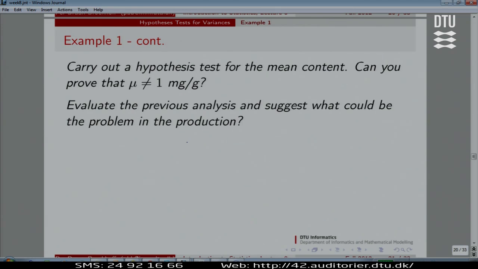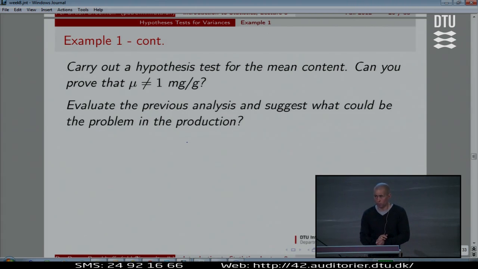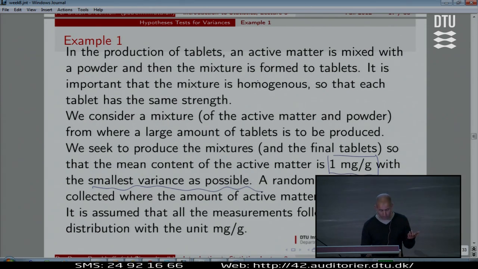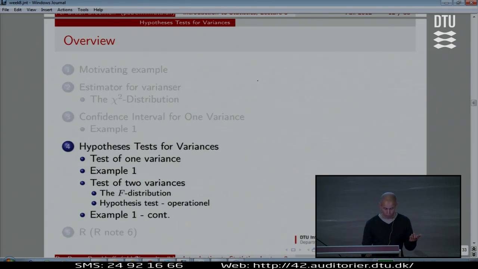Let's finish this example with a little addition before we move on to the final part. So we continue here, Georgi, with this part. Just to refresh our minds that actually this production thing was a part of two things. It was partly the mean, and it is partly the variability of the production. Both things are important. And we could think about, now we have found two things regarding the variance. We have found that we can prove that it's larger than 0.05 squared. If I jump back to my confidence interval from before, here